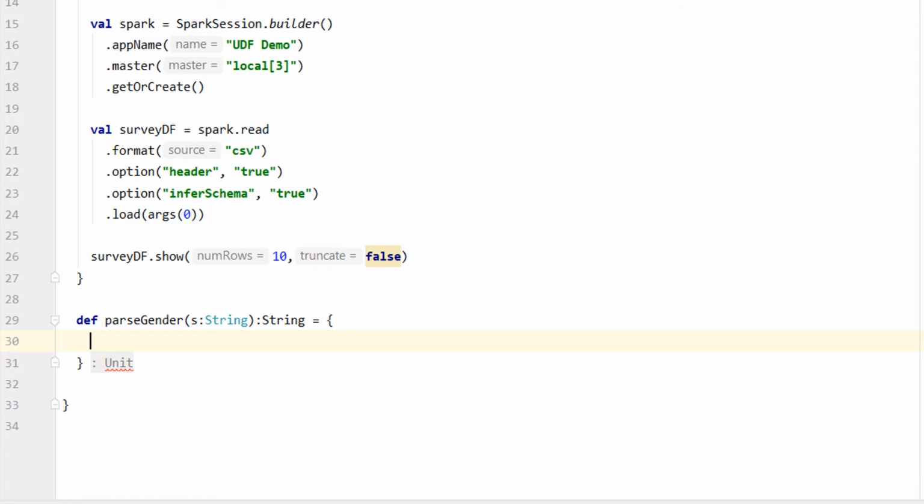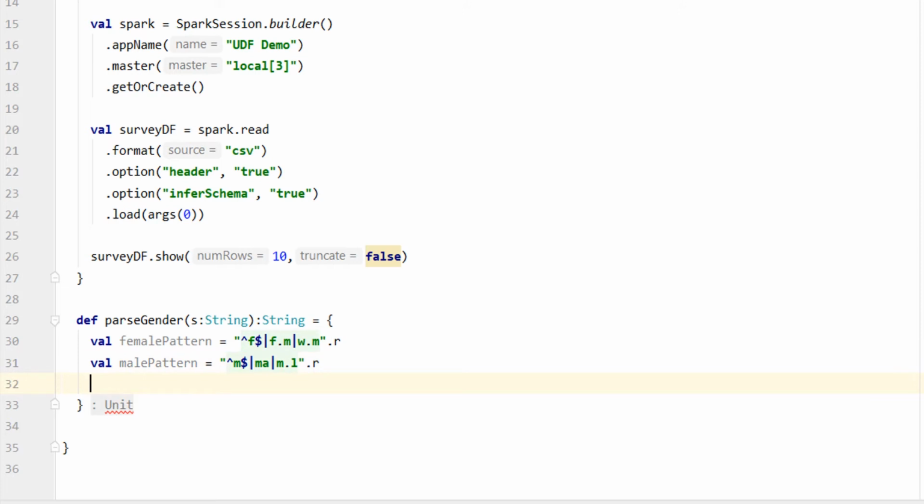Let's create the function body. I'm going to use a regular expression to infer the gender. Here is the regular expression for females and here is for the male. What does it mean? I have three patterns to infer the female gender and all those three patterns are combined with an OR condition. Let me quickly explain these patterns.